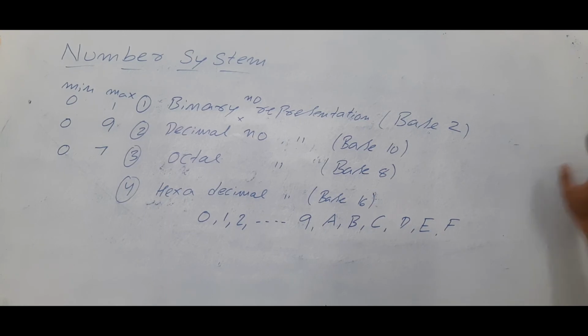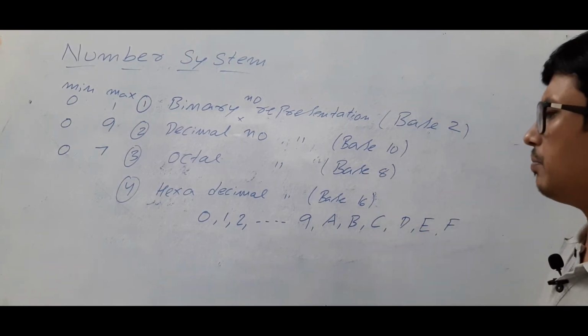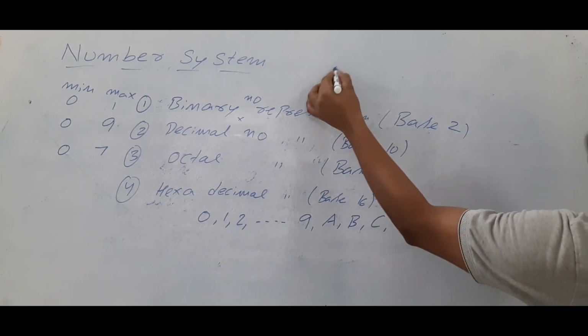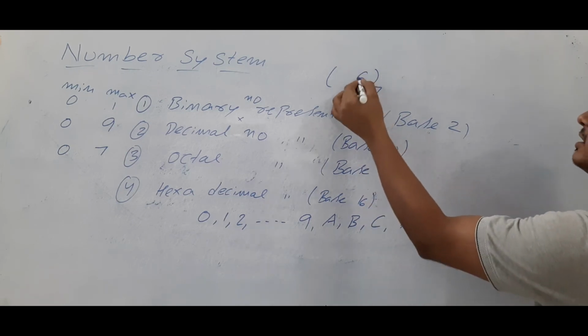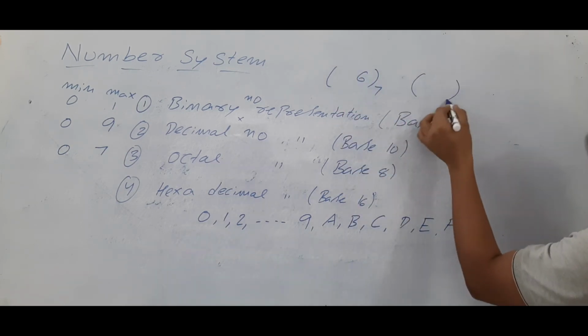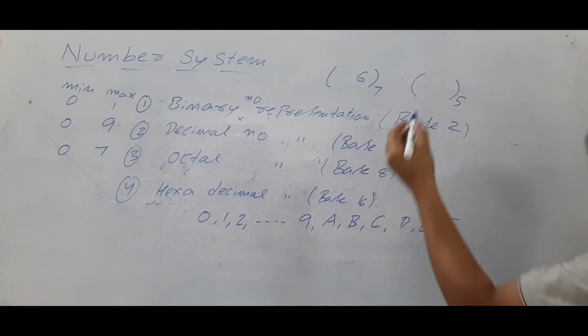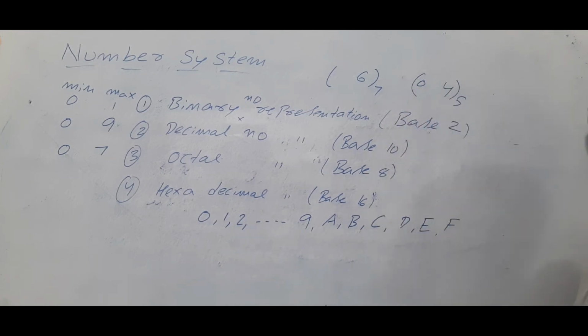So this is the standard number system. Sometimes people can ask you what the base 7 number representation is. Beyond the standard ones, they can even ask you about base 7. What is the maximum element allowed? The maximum element allowed is 6. Or base 5: is it clear? Base 5 means elements 0 to 4 are allowed.